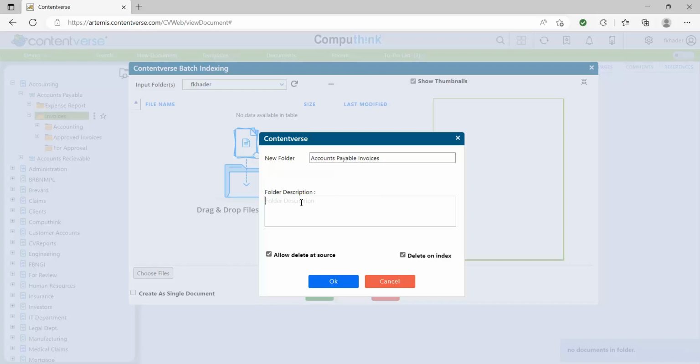This right here is optional. You don't have to enter a description in, but you could if you wanted. I'll just call my folder Invoices. There's an option here that says Allow Deleted Source. And what this means is if you check this, then once you import files into this temporary folder, this invoices